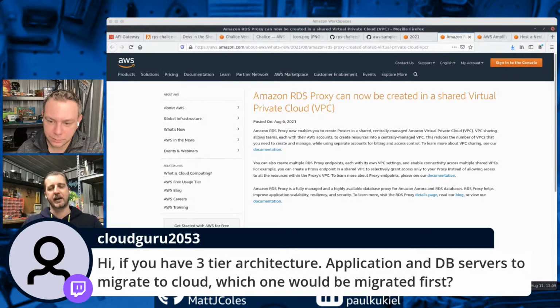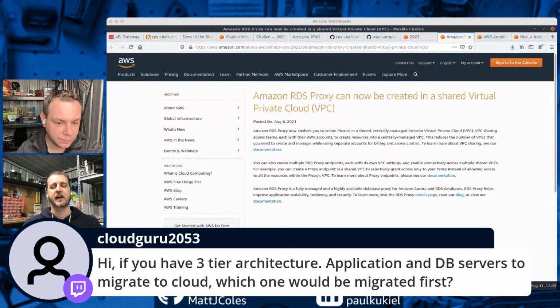You don't need to go ahead and put it in a Kubernetes cluster. Your 3-tier architecture, like as I said, I would be okay with moving the front end to the cloud, and then your application and database, move those as one piece. The starting piece to something like that might be simply to spin up EC2 and move it directly into the cloud, and then realize some of the benefits as you become more comfortable, more familiar,